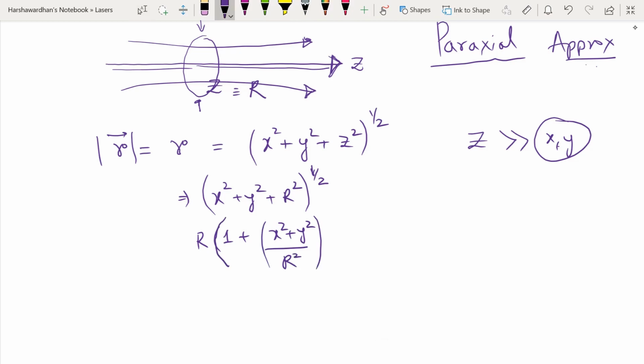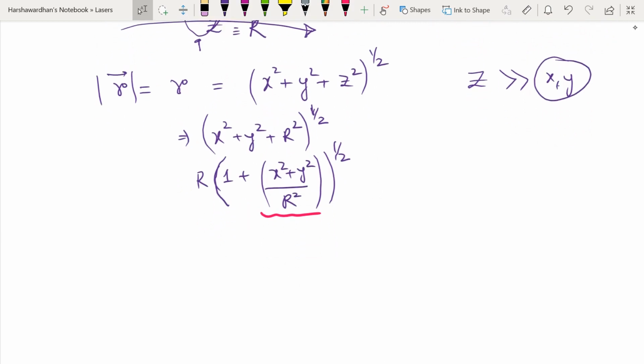And this quantity's square root. Now I do know that my second term here, this term, is extremely small in comparison to 1, because we are looking at such a narrow region about x and y. So essentially this square root can be expanded, and what I will do is basically retain only the first